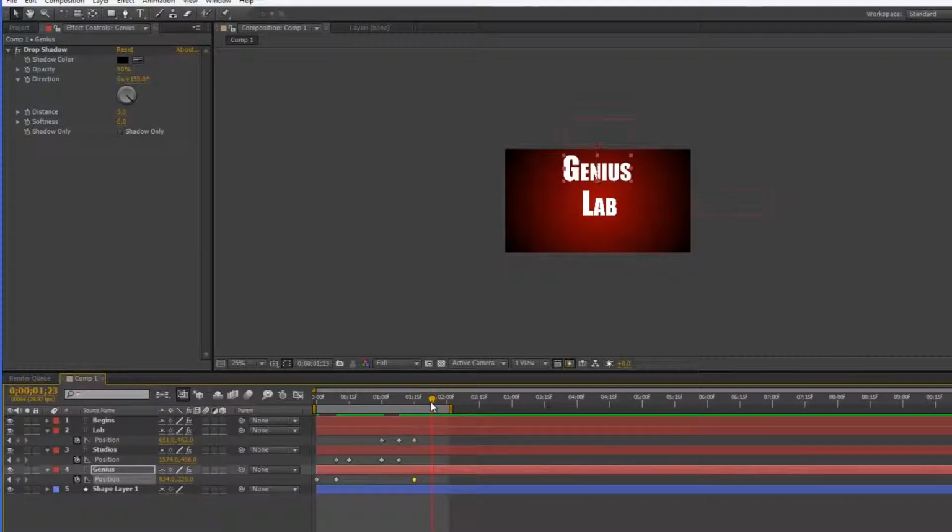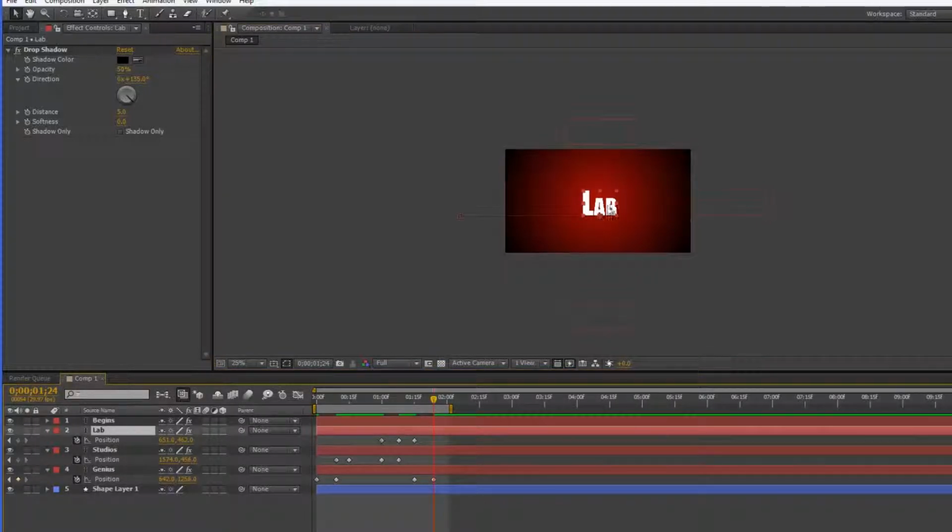And then at 1 second and 24 frames, I'm going to move Genius off, and I'm going to move Lab off. So essentially this is what we have now, and then they move off. Perfect. Now the last thing we're going to do is right here, as Genius and Lab begins to move off,